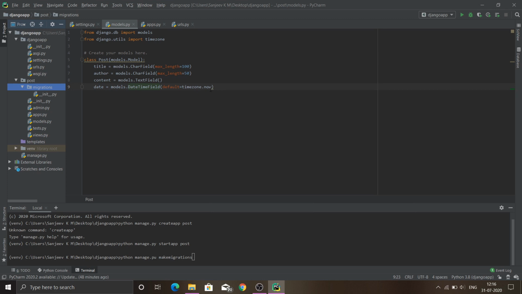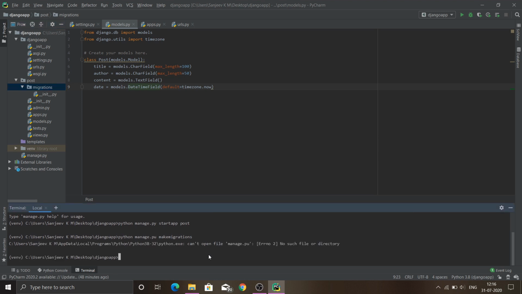And using another command, we can use the SQL query stored in this migration file to actually create the post table in our database.